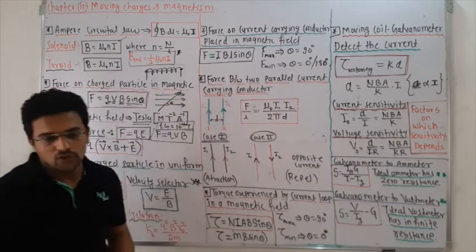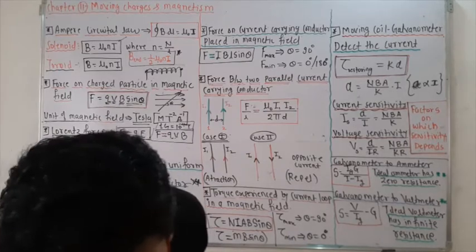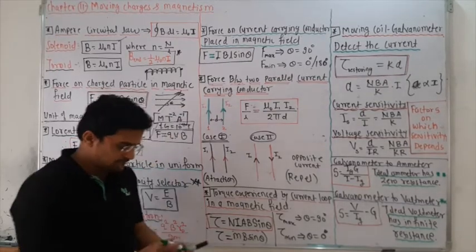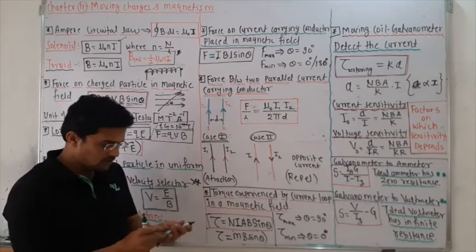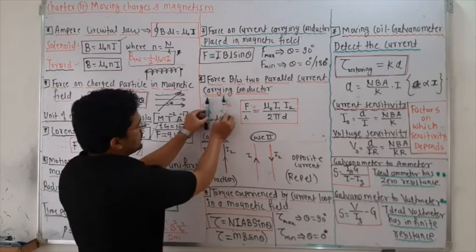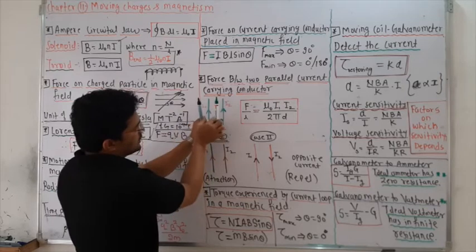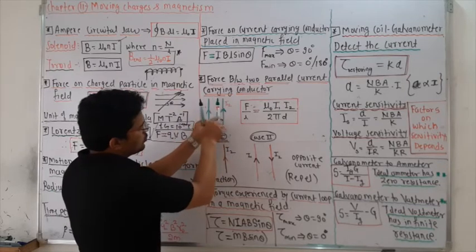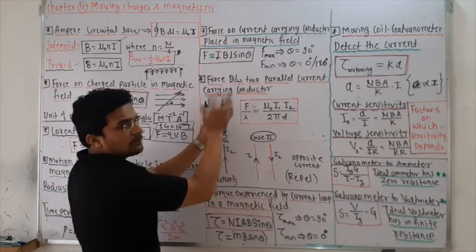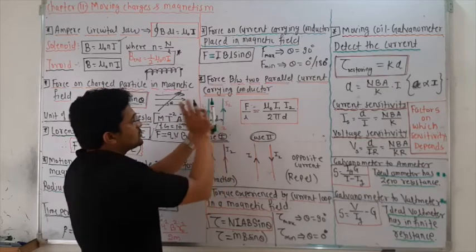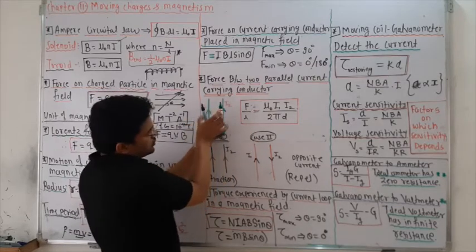Okay, force between two parallel conductors. Suppose these are the two parallel conductors. If you pass current through both, and the distance between them is d, whether the currents are in the same direction or opposite directions, whatever it may be, the force between them is